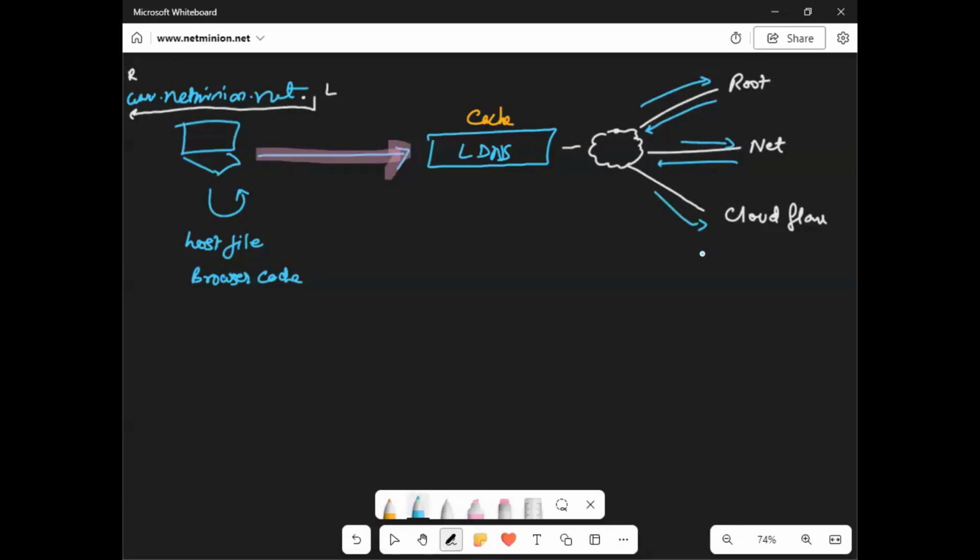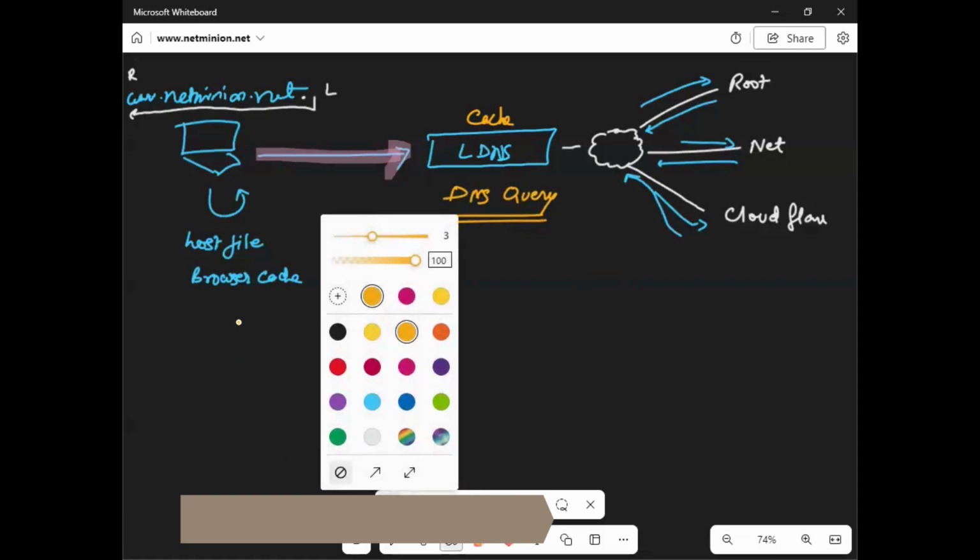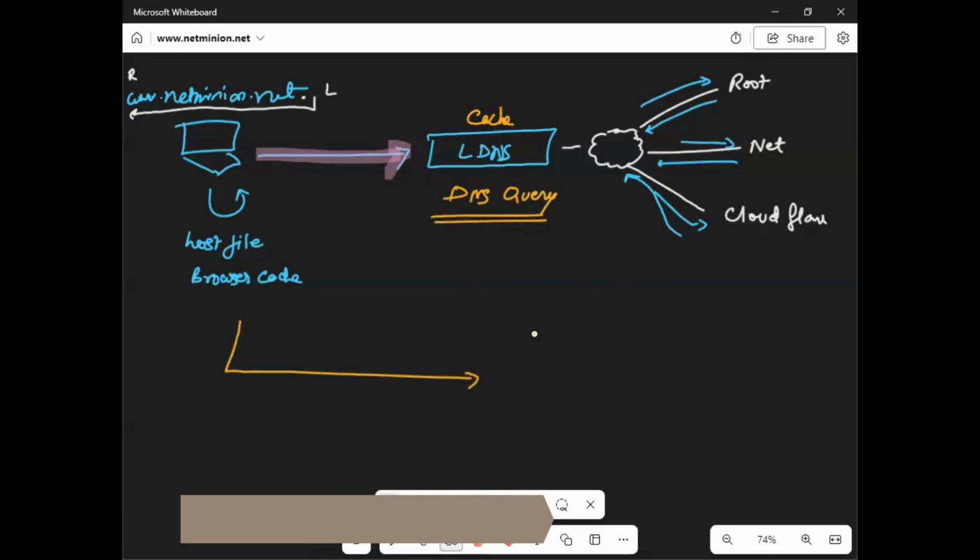Cloudflare name server, if you remember, I showed you the NS record. Depending upon that NS record, that entry has to be done. Somebody does that, and only then will your domain come on the internet. Otherwise, it won't. So Cloudflare will say, okay, I am the authoritative server, let me give you the IP address. So it will give you the IP address. Post that, this is your whole DNS query I am talking about. This is how all your DNS queries will happen. Once this DNS query is done, this will go to your NetMinion server,